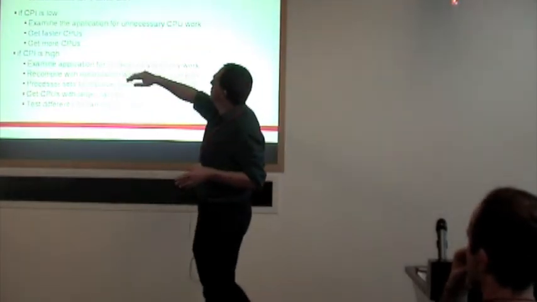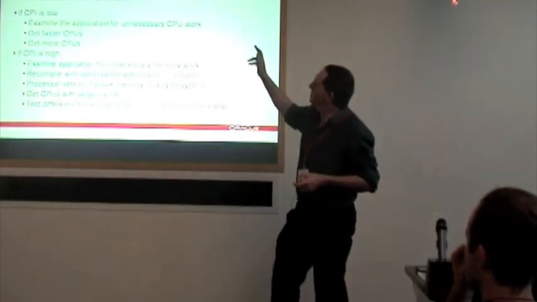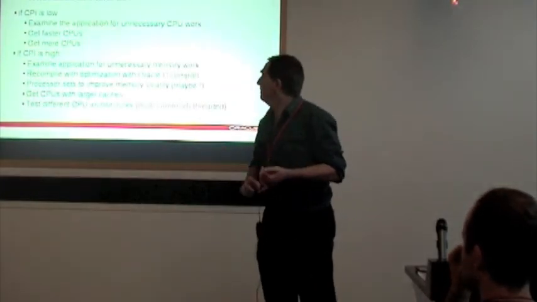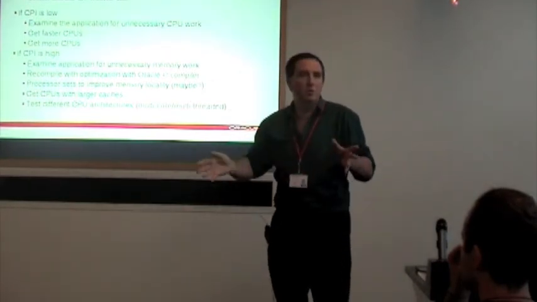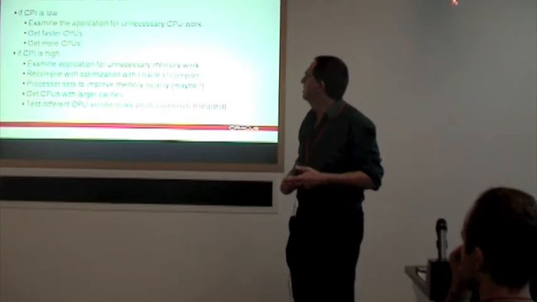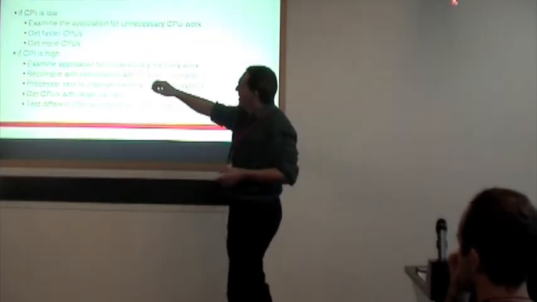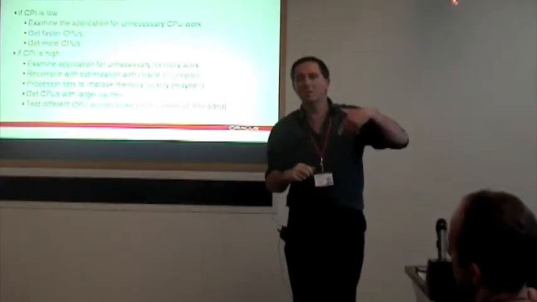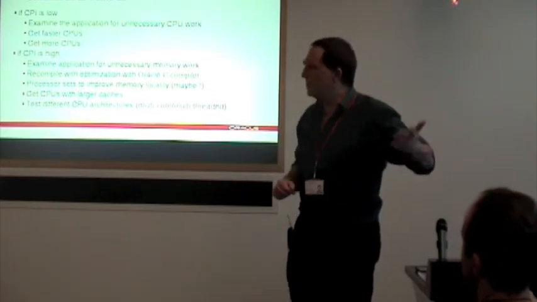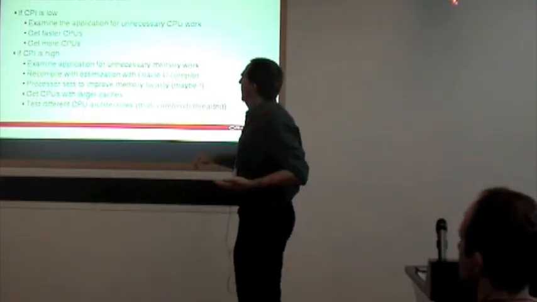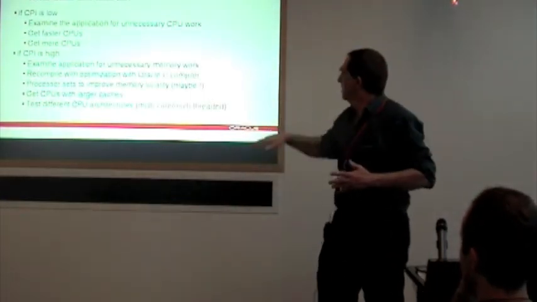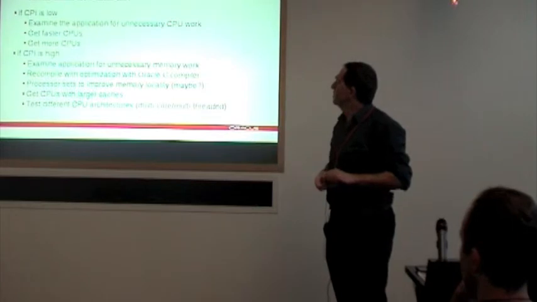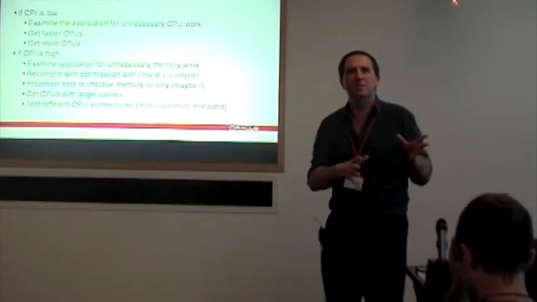So if the cycles per instruction is low, we examine the application for unnecessary work, maybe get faster CPUs, or possibly more CPUs if the application scales. If the CPI is high, so there are lots of cycles, we're basically waiting on memory, latency bound, we might examine the application for unnecessary memory work, perhaps with some optimizations with an Oracle C compiler. Seen this less,